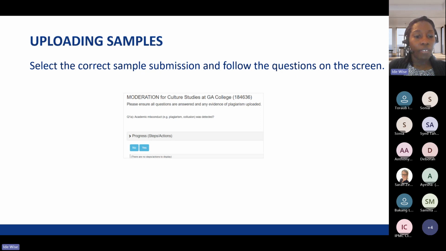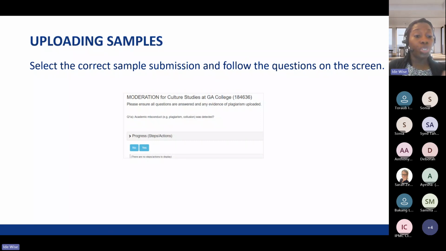First of all, you're going to have 2 questions that relate to misconduct. The first question is going to ask you, was there academic misconduct, meaning plagiarism or collusion? This is referring to the Turnitin score.